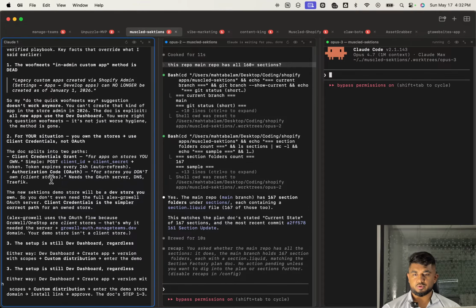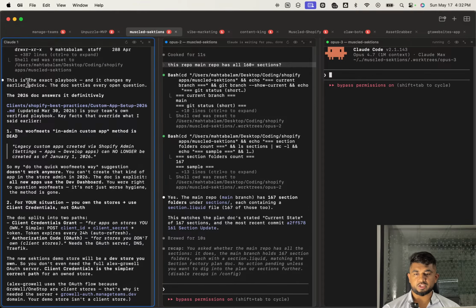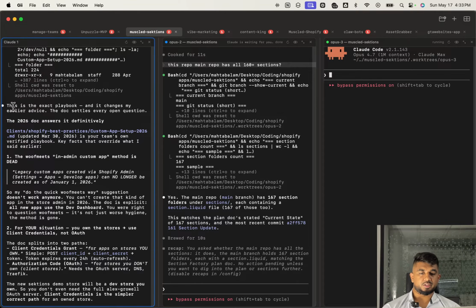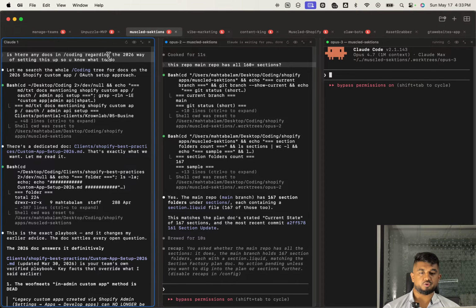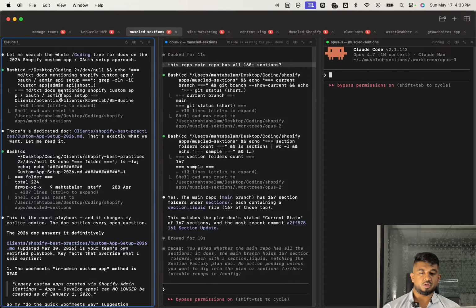Okay, so let me see what's going on here. This is the exact playbook, and it changes my earlier advice. The doc settles every open question. The 2026 doc answers it definitively. Yeah, exactly. Custom app setup 2026. See, Claude is not good with keeping up with Shopify's dev environment because every few months Shopify is always updating stuff. So I have this markdown file that I made because it was assuming stuff. I told it, hey, look into this folder for any docs regarding the 2026 way of setting this up so you know what to do. So it found this doc,